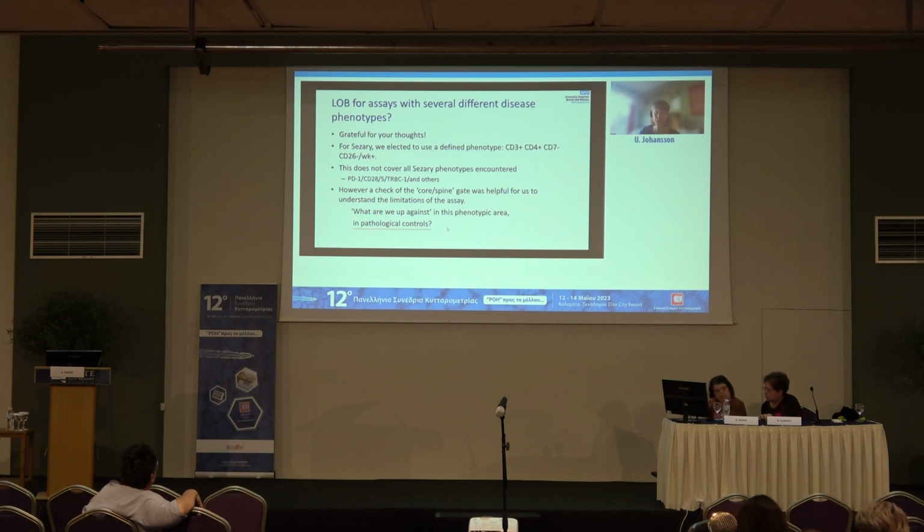And one other thing where LOB can become a bit tricky is when you have an assay where you don't necessarily have a single phenotype that you look for. Let's take the Sézary as an example. For Sézary, there is one very typical phenotype, and it is CD3 positive, CD4 positive, CD7 negative, and CD26 negative or weak positive T cells, right? Quite easy. Until you start to look at things, and of course, some Sézary are positive. Many of them are CD3 weaker. Some are PD1 positive, CD26 positive. You end up having lots of